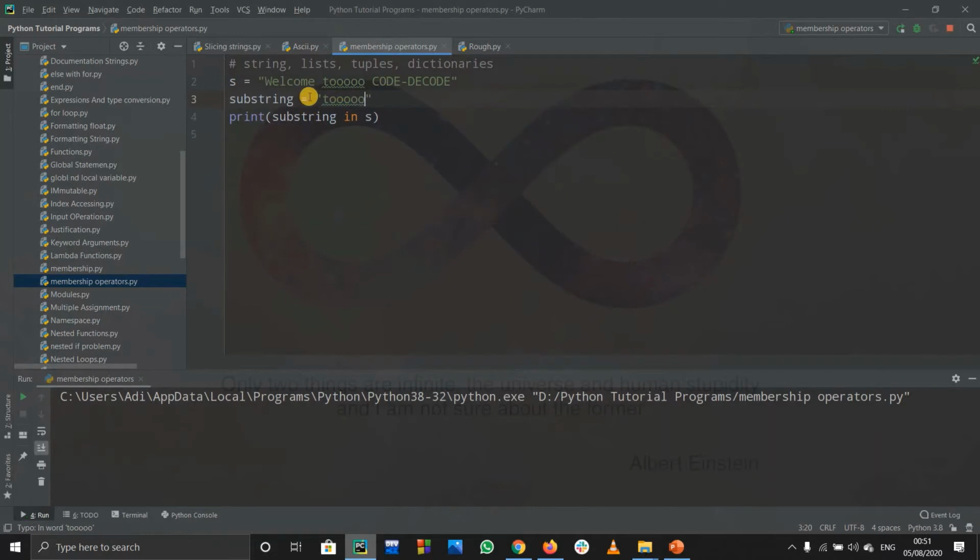So it should work, right? So t-o-o, whatever it is, it is there inside it, so it will give us the output as true. But what if I write simply just 2? So now you should think, actually, it should work or no. So if I run this code, it actually gave us the output as true.